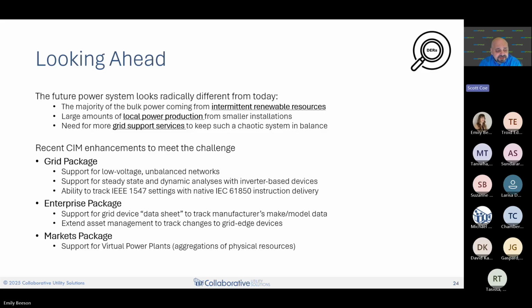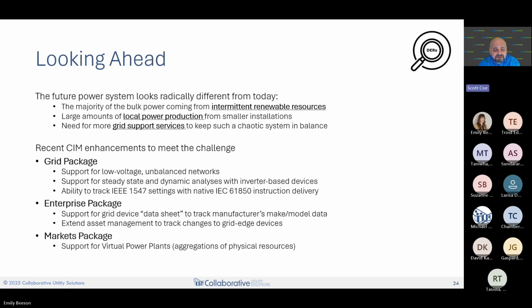On the enterprise package side, we now have extensions to track what we call data sheets. So if you think about a DER registry, there are ways to track standard characteristics for standard products. So every inverter on the market, potentially every EV charger, these sorts of things could have their own data sheet.